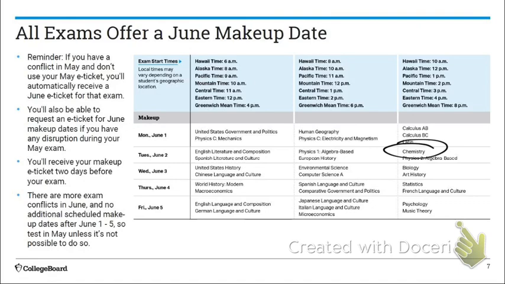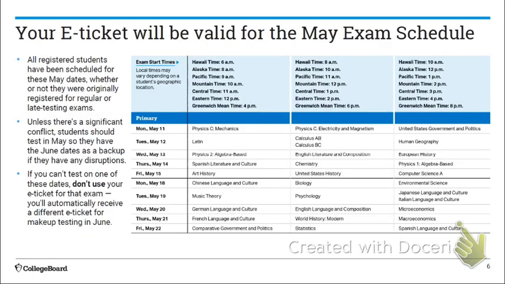Now, let me just go back for 1 second to these dates in May. I want to show you guys something. Here's us. A lot of you are enrolled in AP Physics 1 as well. That's on the same day, and it's real close. Look at those times. Chemistry is at 2 p.m., physics is at 4 p.m. Now, remember, these exams are only 45 minutes in length, but I do realize that's a pretty quick turnaround. That's a lot in one day, so I want you to prepare yourself. I want you just to kind of keep that in mind.